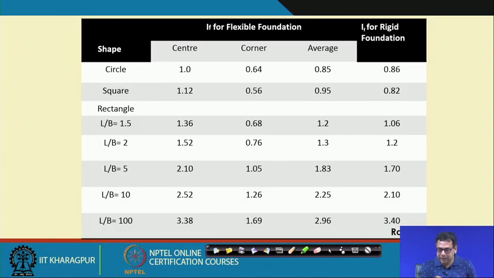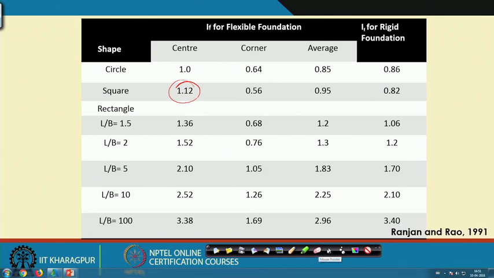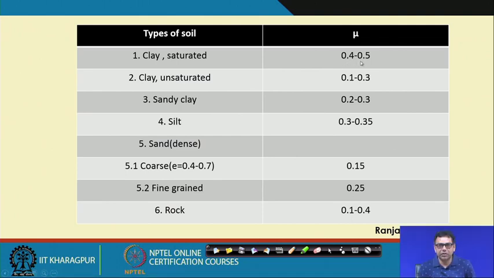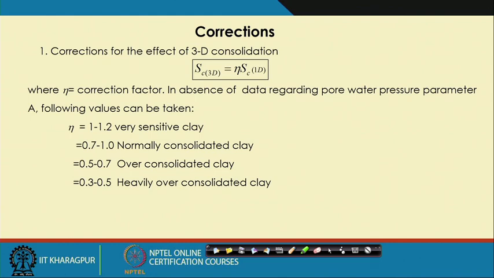Regarding the correction tables, these are the tables I have used. This is for the IF value. I have taken 1.12, and I have used these values for the flexible square footing. As I mentioned, we can take the Poisson ratio of clay as 0.5 and for sand it is 0.3, but here it is given for fine sand as 0.25. So, 0.25 to 0.3 you can choose. I have taken 0.3, and then this is the correction factor.